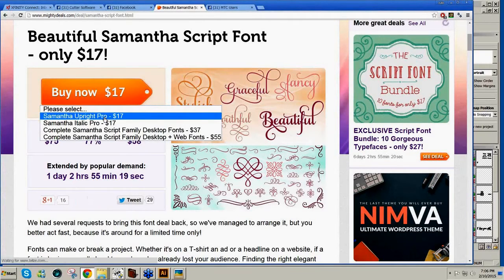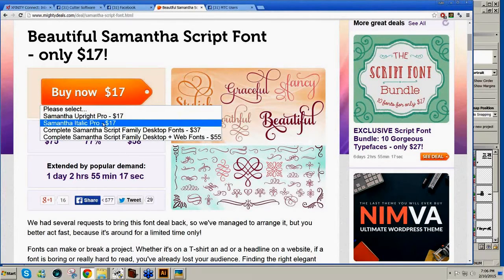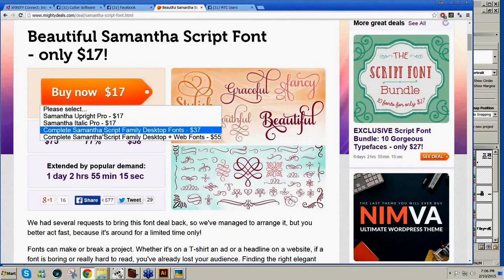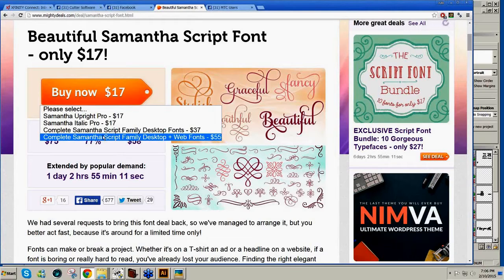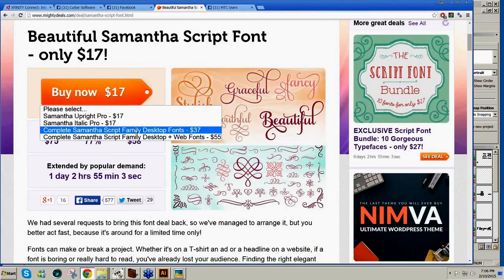choices. Are you going to take the Upright Pro, the Italic Pro, the desktop fonts, or the desktop and web fonts? Well, unless you're a web developer, you don't really need web fonts. So that leaves these others. Which should we take? Well, I recommend this combination one, the complete Samantha Script family desktop fonts, the $37 one,